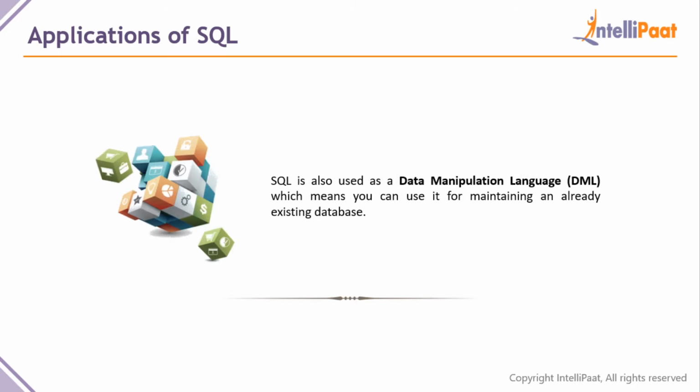And this brings us to the next application, which is data manipulation language, because SQL can be used as DML as well. What it basically means is that when we have something already in establishment, like data which is already present in our database, we need to go on changing something in that database. We need to update a database, we need to delete a row, we need to update a column, and so much more. In that particular case, we can use SQL as a data manipulation language, where you can alter stuff in the table. You can go on adding, removing, and whatnot.